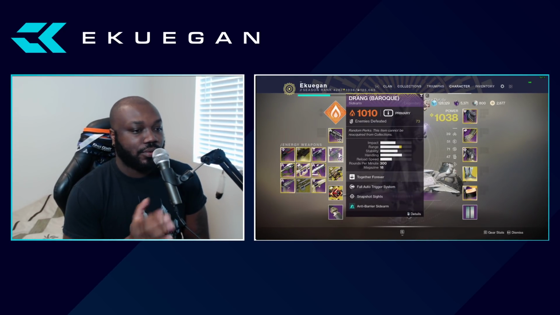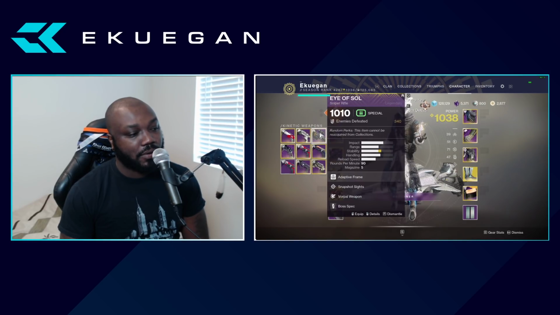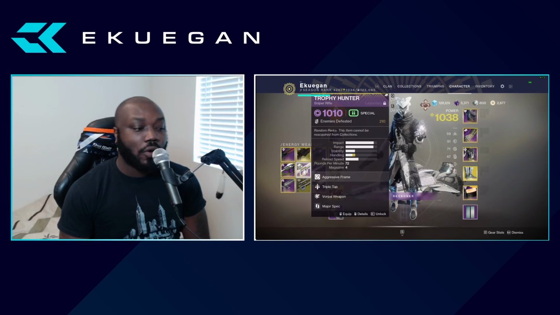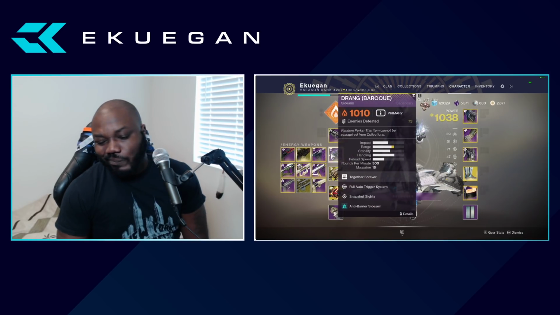Going back to the sniper phase. So if you don't want to play trials, you don't have Eye of Soul, and you play the previous season, the Trophy Hunter also has Vorpal Weapon, and it can roll with triple tap. The very first week of Grandmasters, I ended up